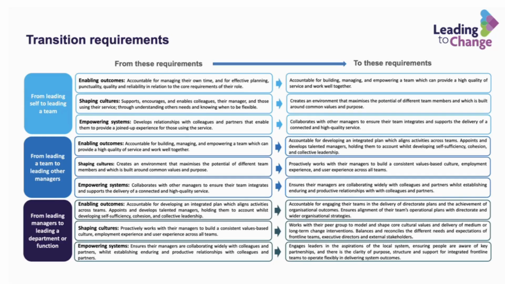Now, clearly, there are hundreds of different leadership roles across health and social care within Scotland. So this won't work perfectly for everybody, but the intention is for this to be relevant to the majority of people, and particularly those looking to either enhance their current effectiveness within their current role or perhaps move to